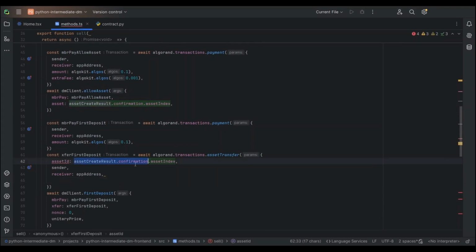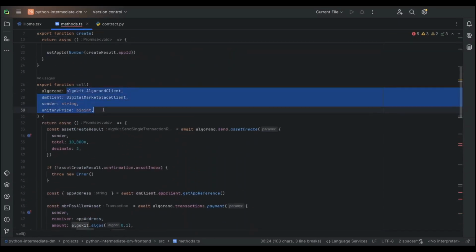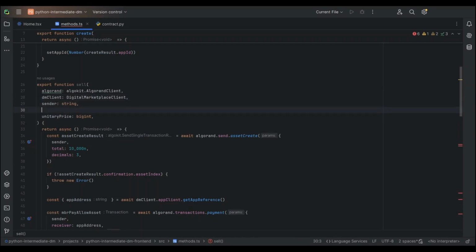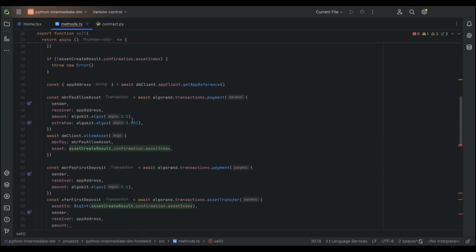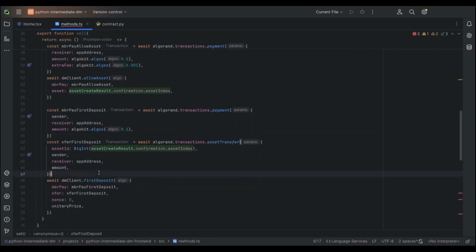Number is not assignable to bigint. I think let's just convert this to a bigint. Okay, so this is missing the amount at the very least. And how much do we want to sell? I think that should be an argument. Yeah, let's do that. So the amount, let's bigint, and yeah, that's the amount that we